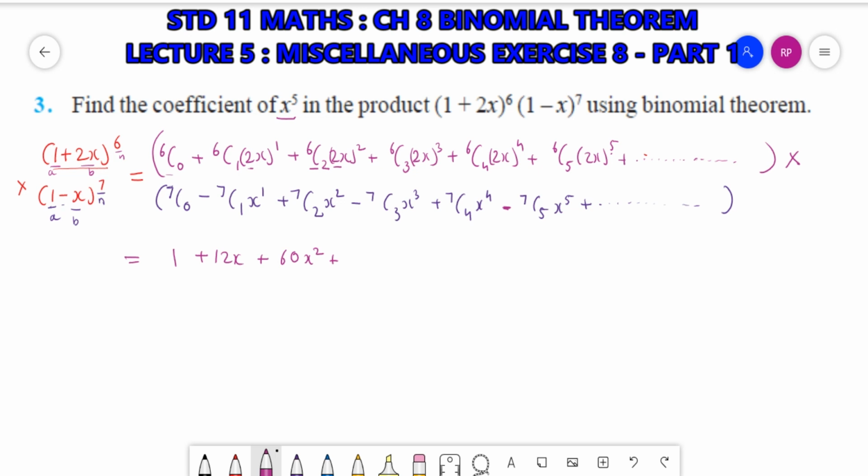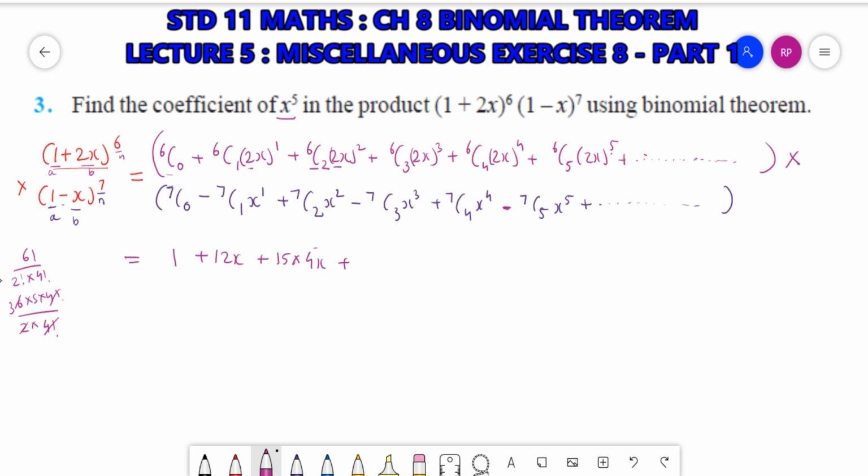6C3 will be equal to 6 factorial upon 3 factorial into 6 minus 3, that is 3 factorial. Sorry, here also there is one mistake. 6C2, let us find out: 6 factorial upon 2 factorial into 6 minus 2, 4 factorial. 6 into 5 into 4 factorial upon 2 into 4 factorial. So it's 15 into 2 square, that is 4x plus